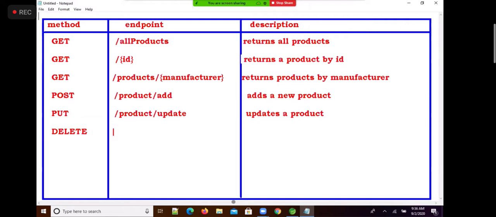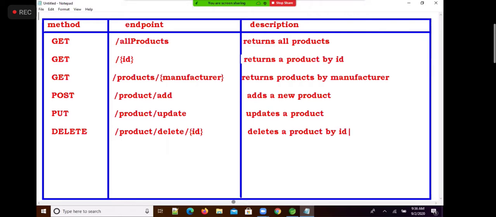Then DELETE /product/delete/ID, which deletes a product by ID.